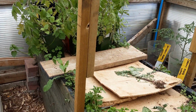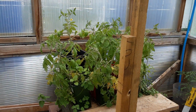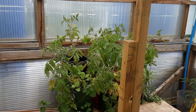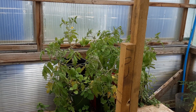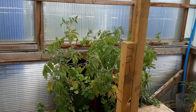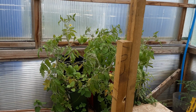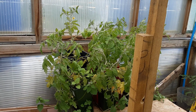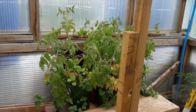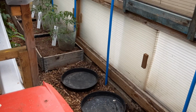Well, we're a little tad behind, but these are the giant tomatoes. These are the ones that got really leggy, and they've got leggy again, and I'll put the video up in the card at the top of the screen there if you want to go on back and watch that one first, or go to the playlist at the end. But I'll be revealing the roots on those and getting those planted, but I need to prepare this area here